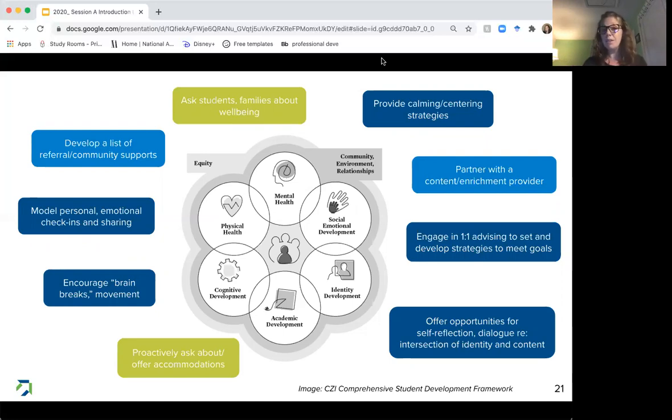Can we ask students and their families about well-being? Can we develop a list of external community supports we can point people to? Can we ourselves model personal emotional check-ins and sharing in order to humanize the process of learning? Can we encourage brain breaks and movement during the day, or proactively ask about the accommodations that students might need rather than having to bring an IEP or accommodations to the table? Can we provide calming and centering strategies, or partner with a provider who can? Can we do one-on-one advising to develop strategies to meet goals, or can we just build in opportunities for self-reflection